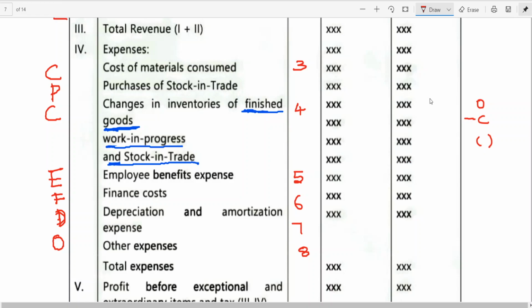I think this is a normally simple example I'll give you. To take the trading account, debit side, say 70 opening stock, closing stock 90. 70 minus 90, you are getting negative 90, that negative 90 will be written. If it is 170, 170 minus 90, then you are getting positive 80. This is what change in inventory is.